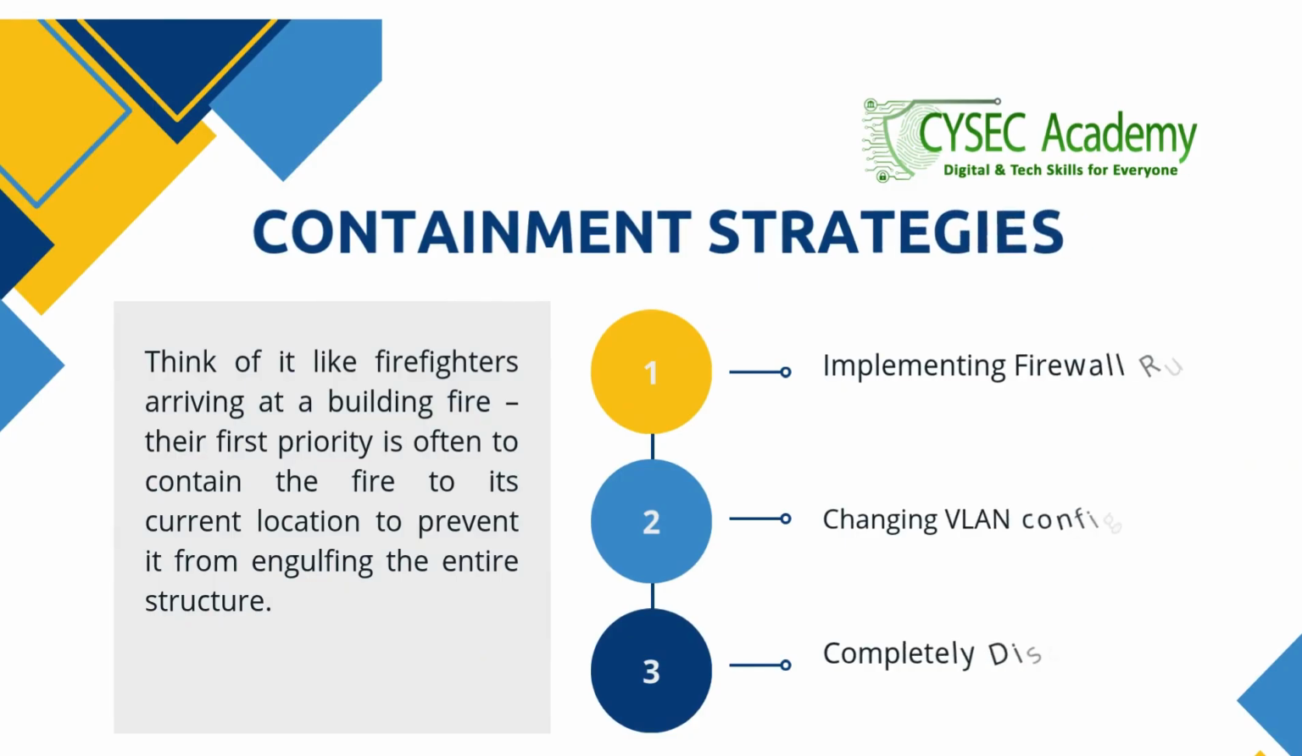Containment strategies. Once we have a grasp of the situation, the immediate priority shifts to containment. The goal here is simple but critical: to stop the bleeding. We need to prevent the incident from spreading further and causing more damage. In the cyber realm, network isolation or segmentation is a key strategy. This could involve implementing firewall rules, changing VLAN configurations, or completely disconnecting affected segments to restrict attacker movement or malware